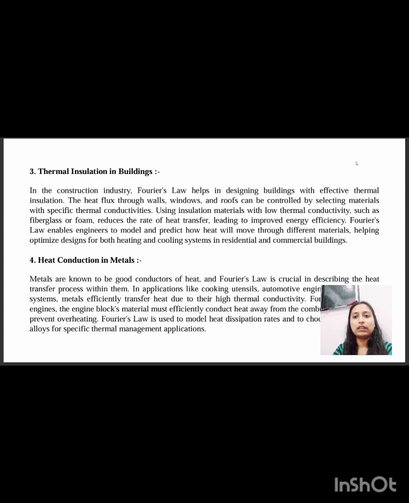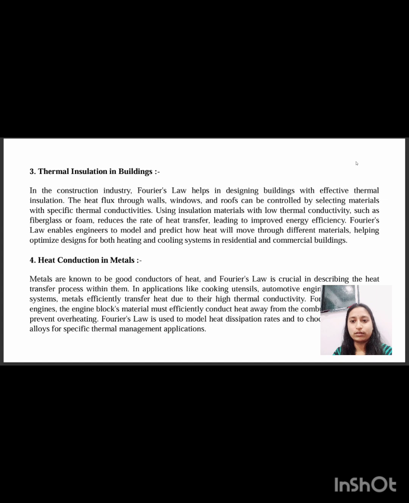Fourth one, heat conduction in metals. Metals are known to be good conductors of heat, and Fourier's law is crucial in describing the heat transfer process within them. In applications of cooking utensils, automotive engines, and electrical systems, metals efficiently transfer heat due to their high thermal conductivity. For example, in car engines, the engine block metal must efficiently conduct heat away from the combustion chamber